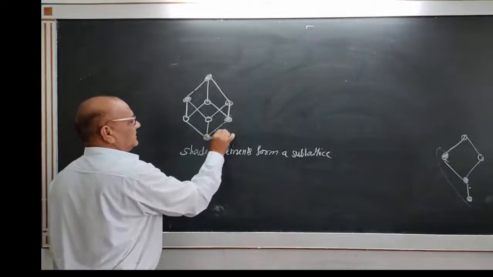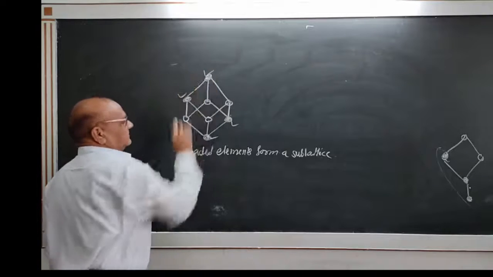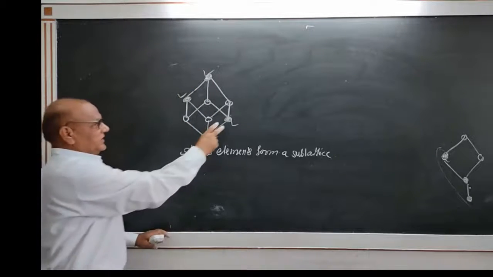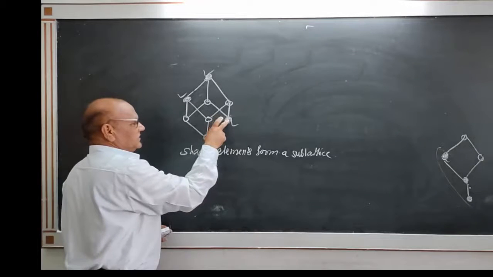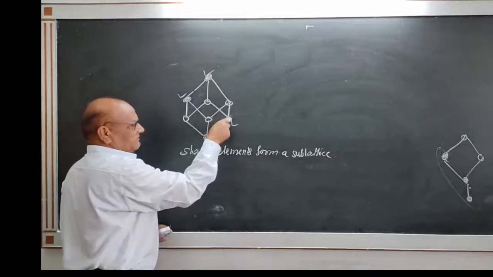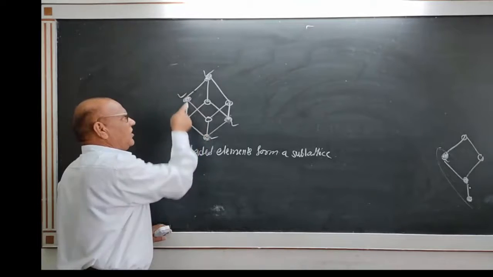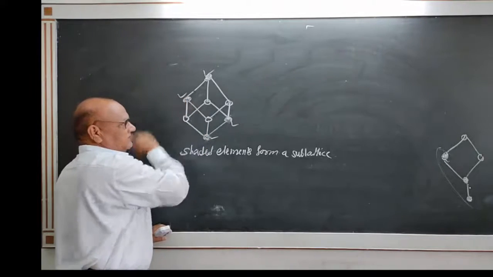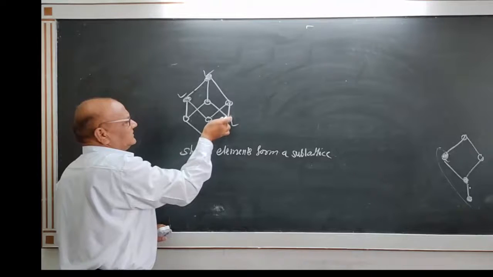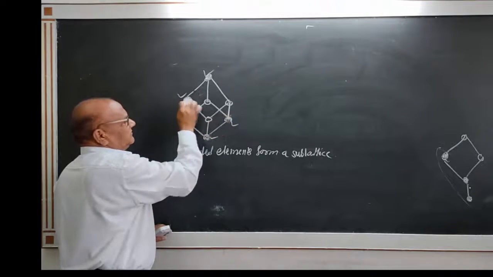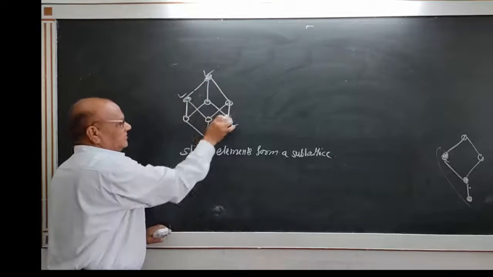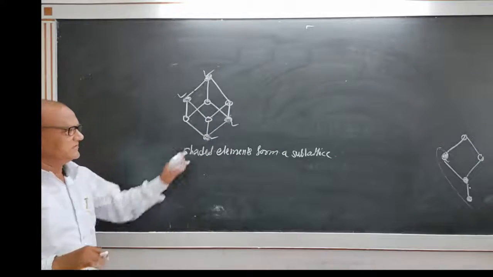That means, if we take these two elements, the join of this is, the meet of this is. If you take these two elements, then the join of these two is this element. Similarly, the join of these two is this element, the meet of these two is this element. So this is